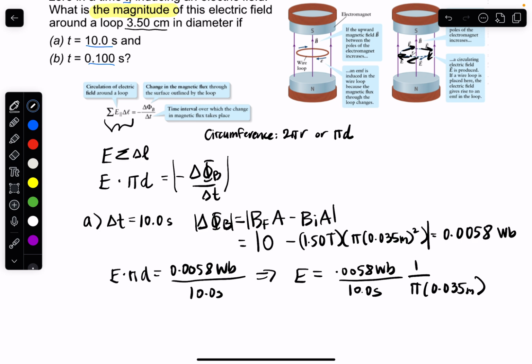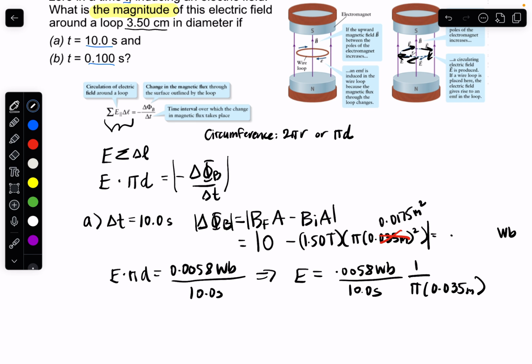Oops, looks like I just caught myself in an error. I used the diameter here. Maybe you caught that too. This is not right. The area is not pi d squared, it's pi r squared. So I need to put the radius there. You might have caught me, maybe you didn't, but that's okay. 0.0175 meters squared. So now let me recalculate